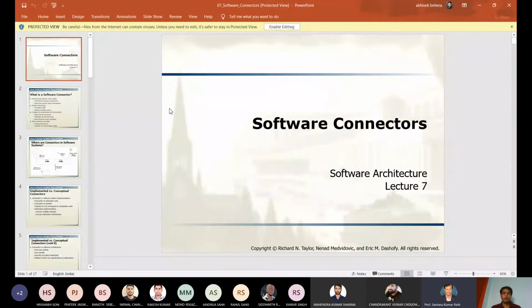Already we have discussed when to use that style and when to avoid that style. You have to consider the scenario. We have to consider the software environment, which platform you are using. In that case, we have to consider when to use and when to avoid using the styles. Now, come to the connectors.